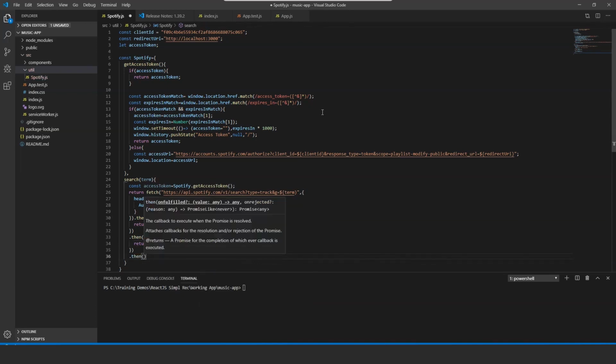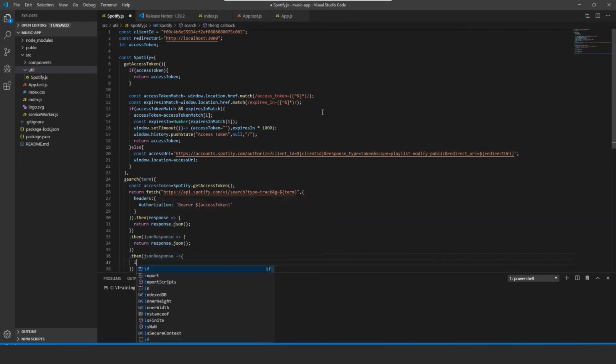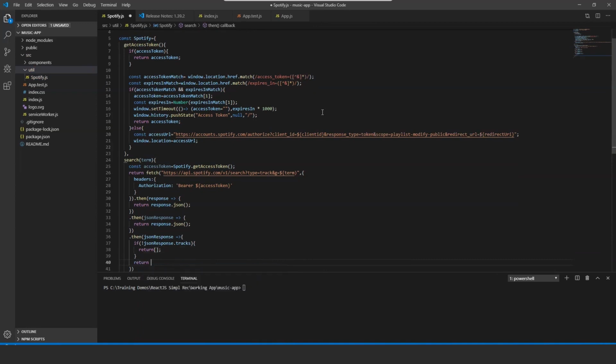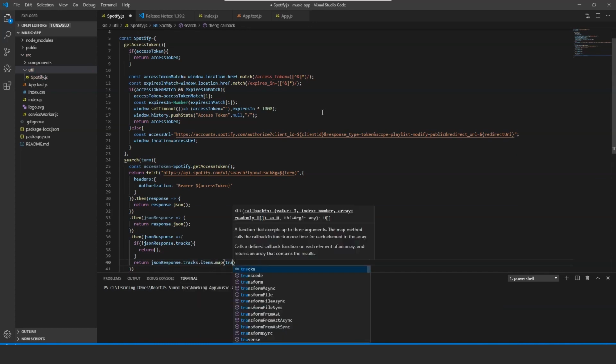So we'll now say JSON response, and if not JSON response dot tracks, in that case we will return an empty array, else we will return JSON response dot tracks dot items dot map,